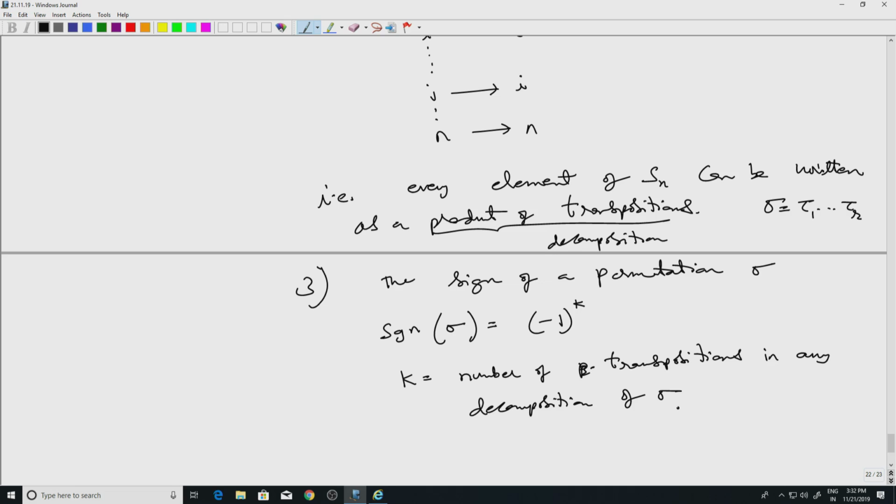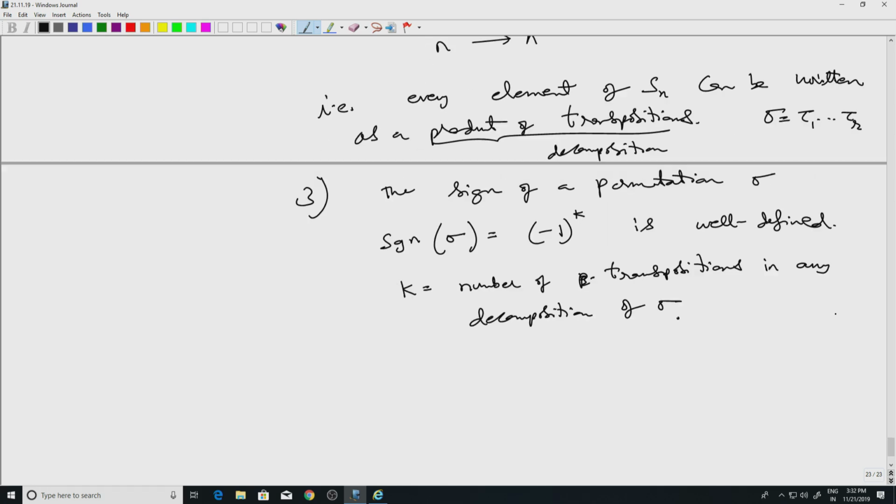So when I look at the way I have defined the sign, all that matters is whether k is even or odd. And the claim is that the sign of a permutation, if I define it like this, is well defined. In other words, even though the same sigma can be written as a product of transpositions, sigma can be written as tau 1 through tau r, and let's say alpha 1 through alpha p,